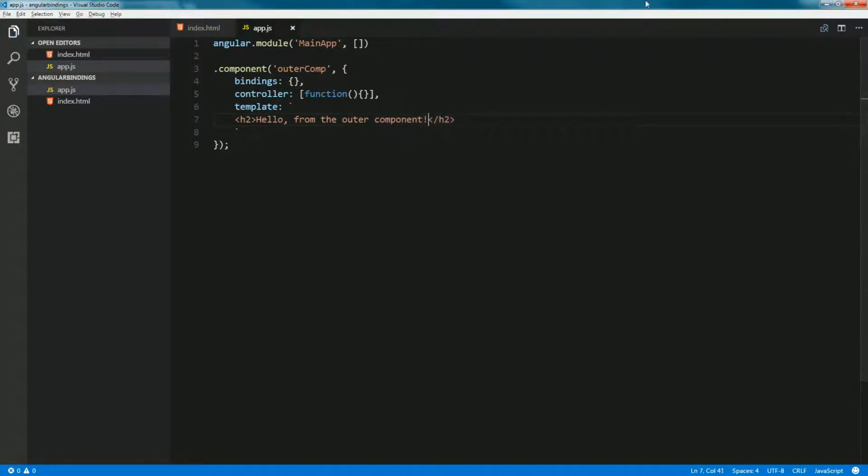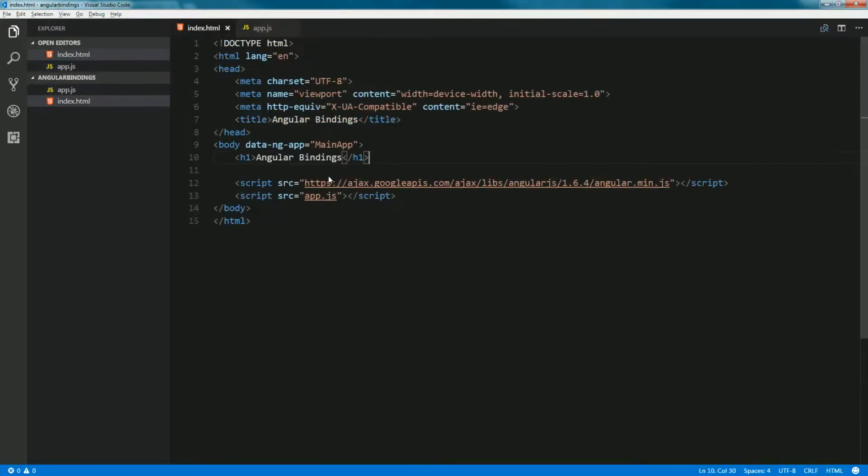Save it. Now this component is fully functional. To use it, we're going to take this and copy it. I'm going to have to change it. Come over here. We got rid of that 5 plus 5 thing. We're going to say outer comp, but instead of this capital C, we're going to do -C,